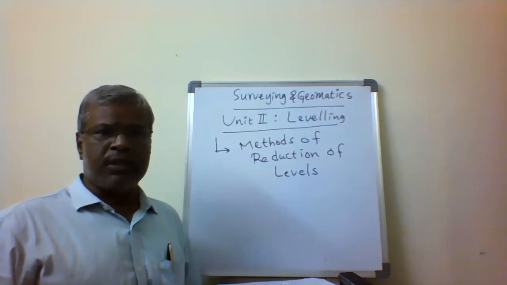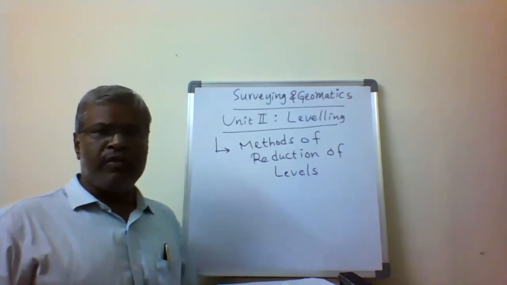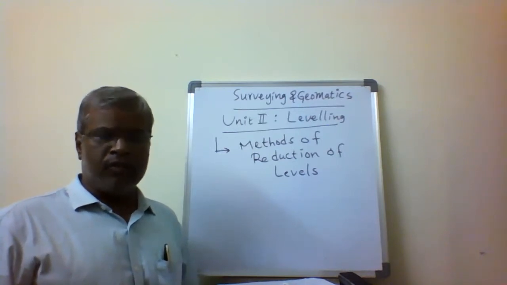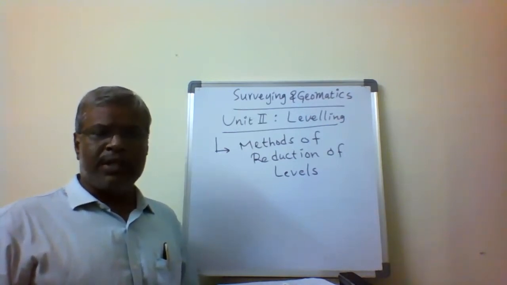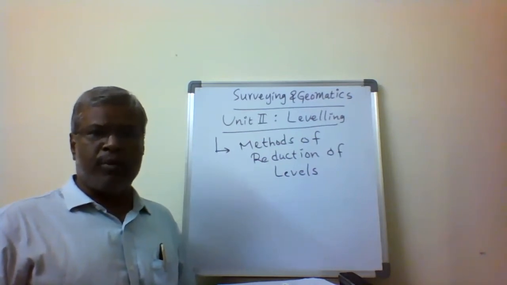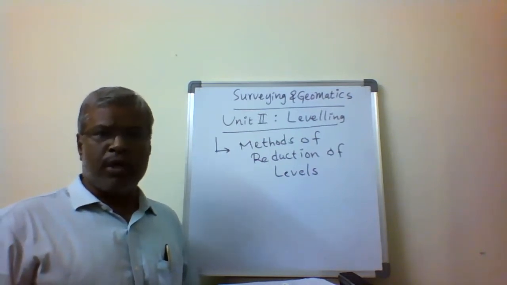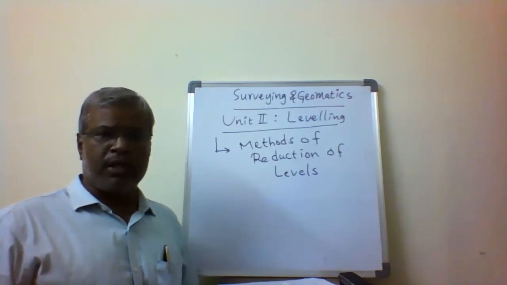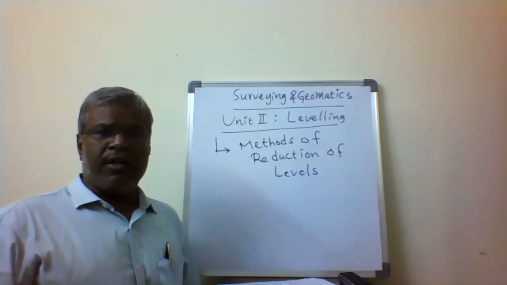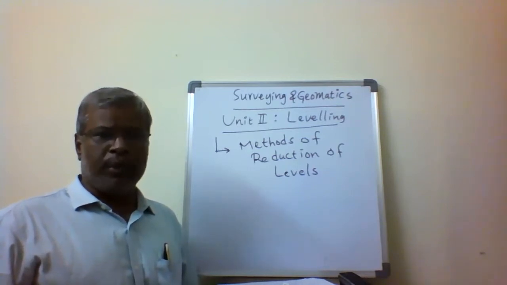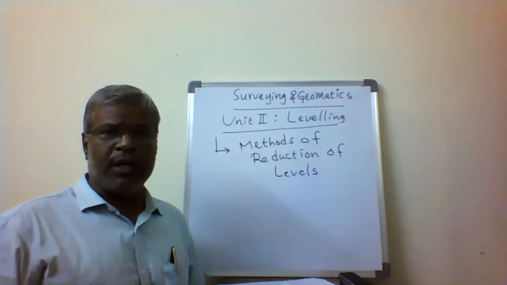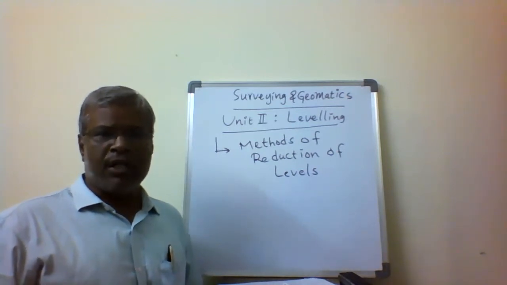What are the various methods available for finding the elevations of the points? The output of the leveling survey is the staff reading. From the staff reading, we are able to get the elevation. Elevation is called a vertical measurement, the vertical distance or height that we measure through the leveling operation of a point on the surface of the earth or below the surface of the earth. That is the output we are going to calculate from the leveling survey.